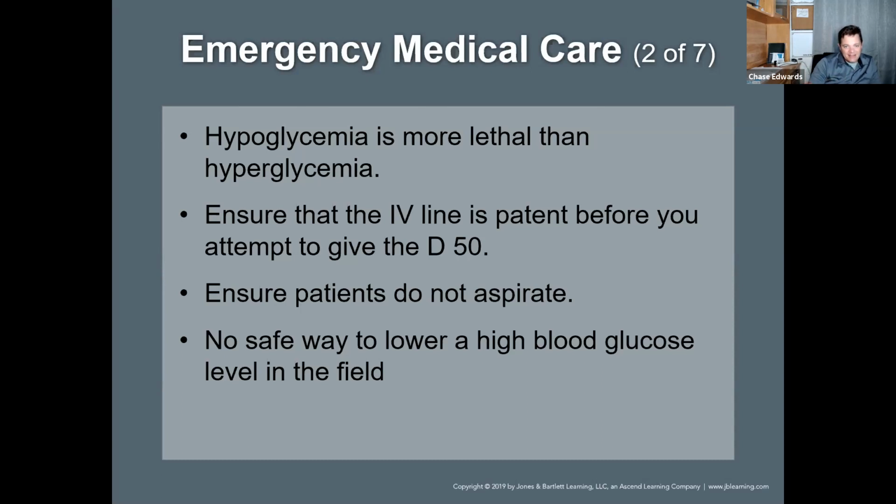If you cannot obtain good vascular access, administer 0.5 to 1 milligram of glucagon, subcutaneously or intramuscularly. So sub-Q or IM. If the blood glucose level remains low, repeat the glucagon for a maximum of 3 doses. All right. Oral glucose administration is another option for the patient with a decreased LOC